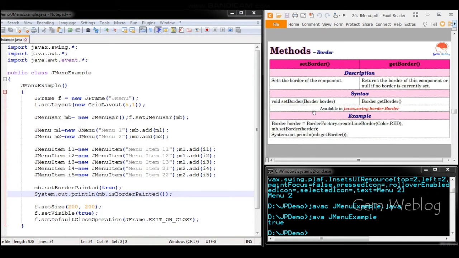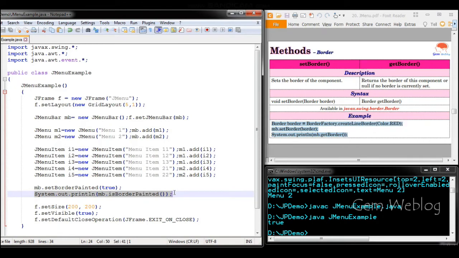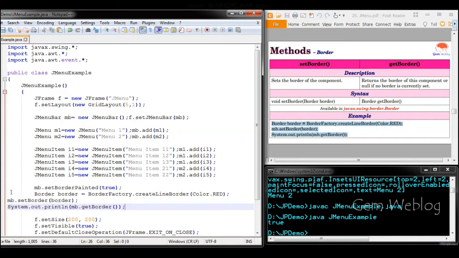Now we will set the border. If you want to set the border, you have to create the object for the Border class. You create the line border with red color, and you set it using setBorder, and whatever border has been set, we display it using getBorder.